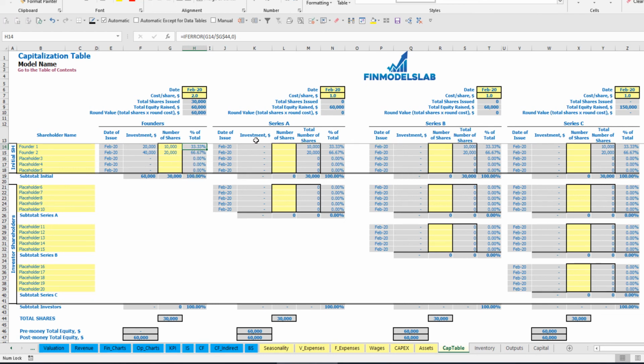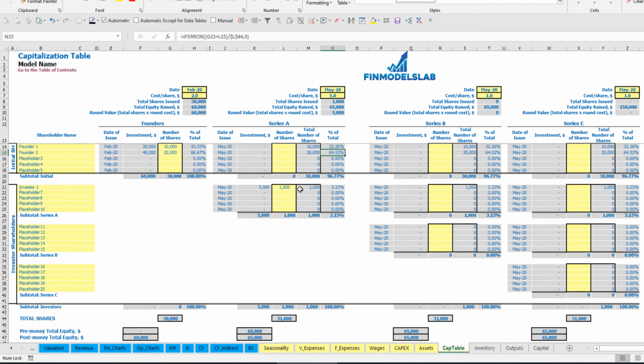67% of shares. So let's pretend that for Series A we have one investor and the date of issuance is May, the cost per share is $5 per share and the number of shares is 1,000. So the total amount of investment will be $5,000. You may see that before the Series A total equity was $60,000, after it is $65,000, and investor 1 will have 3.23% of shares, and the shares of founder 1 and founder 2 are also diluted, 32.26 and